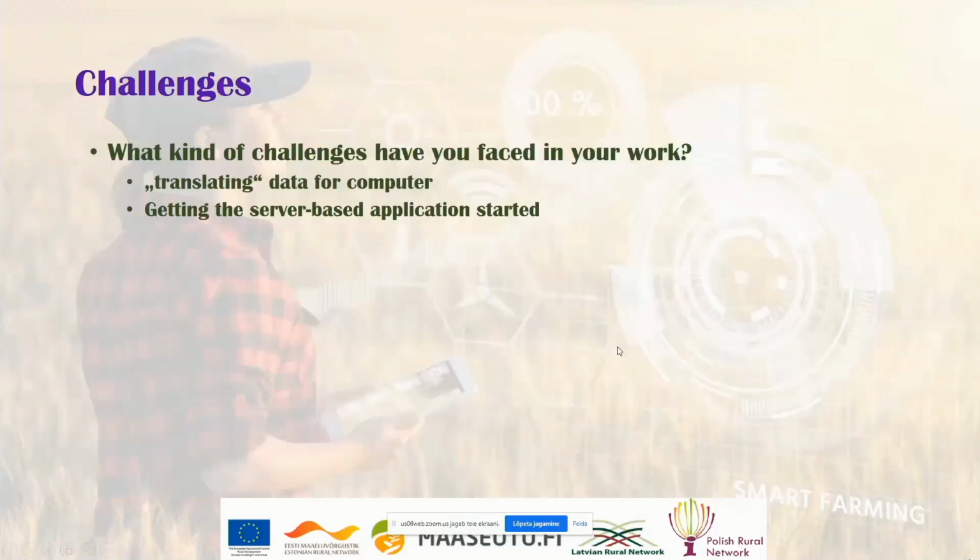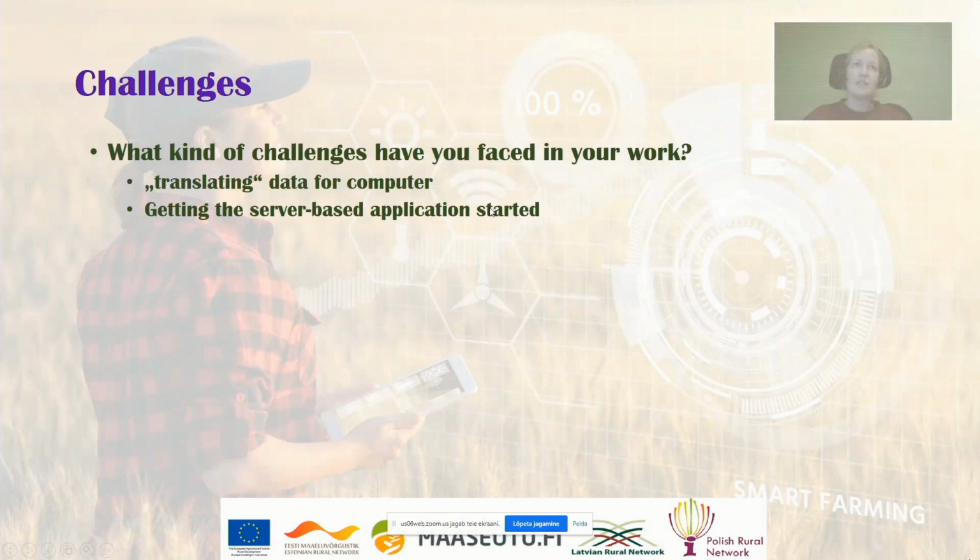And challenges, well, the biggest challenge was trying to find the code for translating the data for a computer-based application. So we figured out the system, especially for the crop suitability, of how it's possible to take into account all the soil type information and the texture information in it. The initial tables were separate for grasslands and for crops. So this was the most time-consuming part in that work.